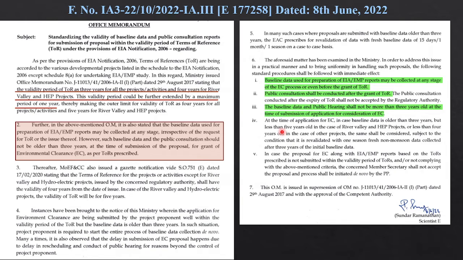So in case of river valley projects, it requires 3 seasons, that is 9 months of baseline collection. Then it can be revalidated with one season's data. But for others, for which one season of data is required, if you again revalidate it with the same one season data, it is not worthwhile